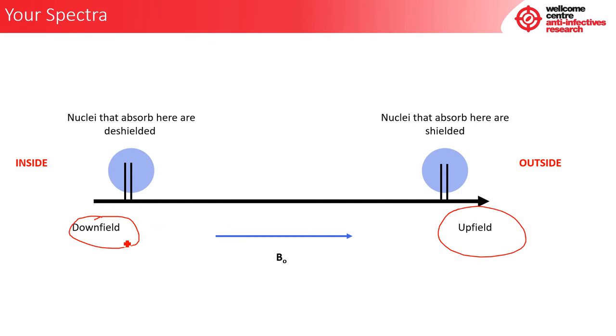The downfield region is where nuclei that absorb here are found to be what is known as de-shielded. And what do I mean by de-shielded? De-shielded nuclei are nuclei that have had something removed from them, and in this case we like to speak about electrons. So where electrons are pulled away from these nuclei, you find that the nuclei absorb in this region of the spectra. Whereas its opposite is where you find in upfield. These nuclei are what are known as shielded. And shielded just means that the disturbance of these electrons is not very significant,